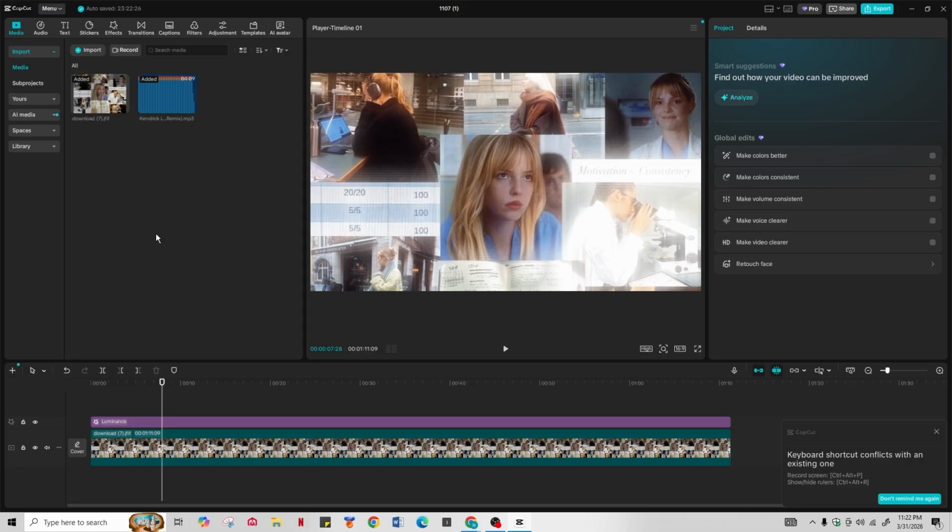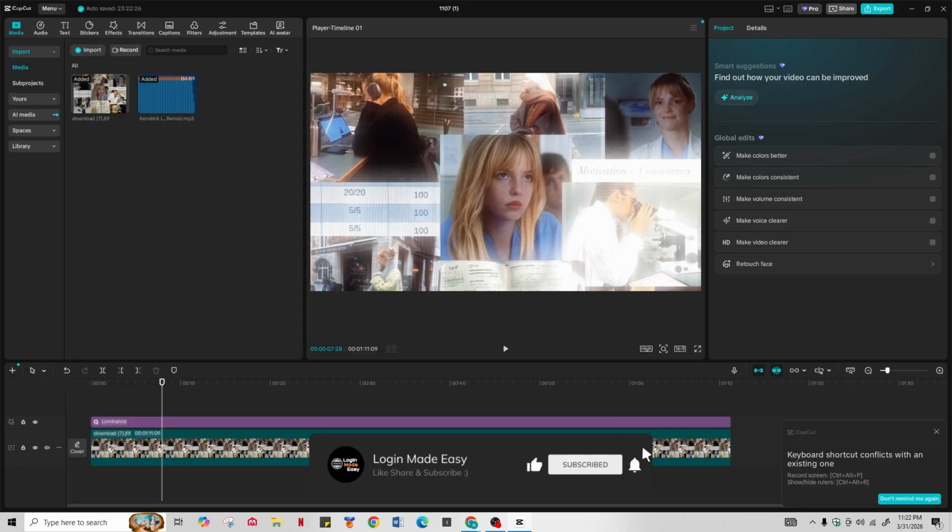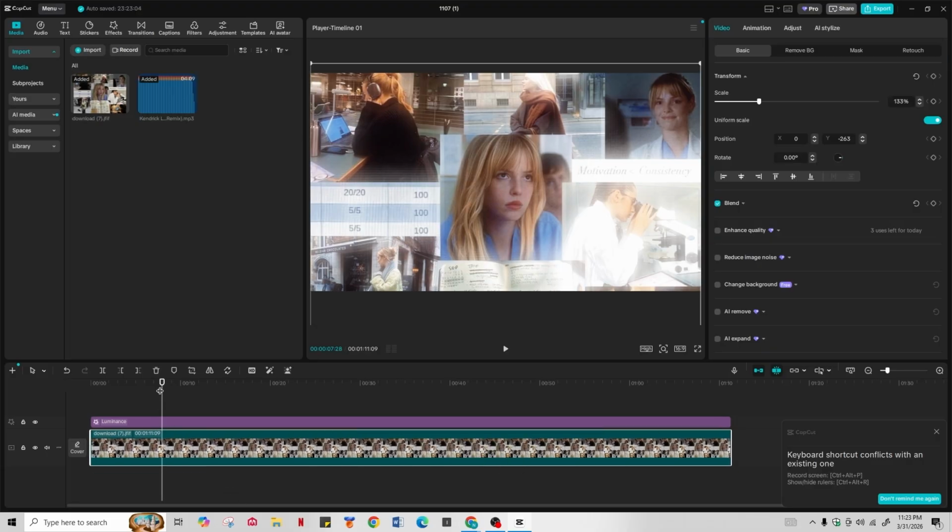So to add a voiceover, open CapCut and select your project, drag your project to the timeline, and place the playback cursor where you want to start recording the voiceover. You can adjust the voiceover later, but it's helpful to play the video while recording so that you can narrate